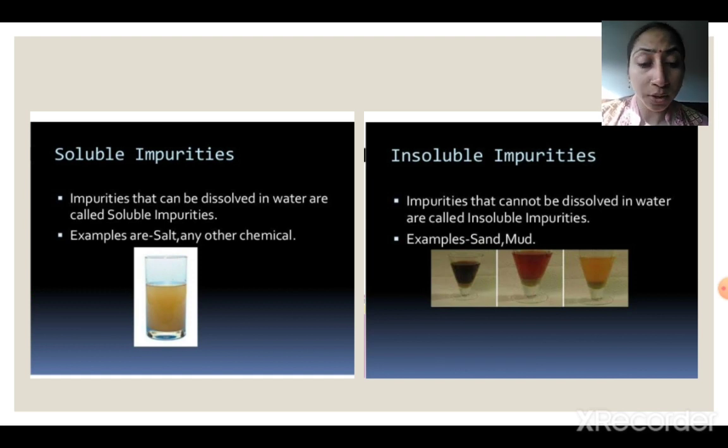Many of the times water is impure, it is dirty. So what can be done to clean it? There are different methods to clean water, to remove the impurities from the water. Before starting with that, we need to understand there are two types of impurities in water, that is soluble and insoluble. What are soluble impurities? Those that get dissolved and cannot be seen with unaided eyes, whereas insoluble impurities can be seen with unaided eyes. Okay, we can see it, it is visible.